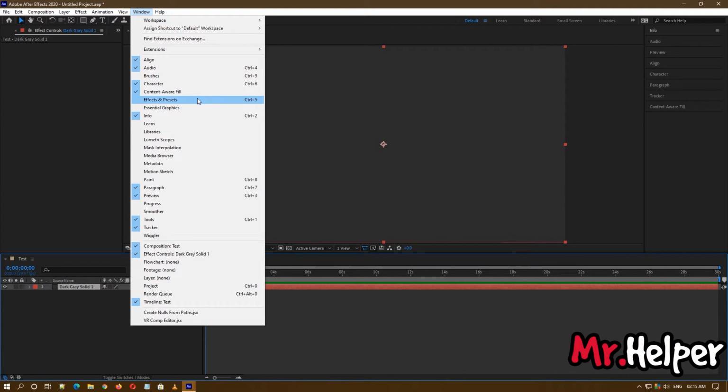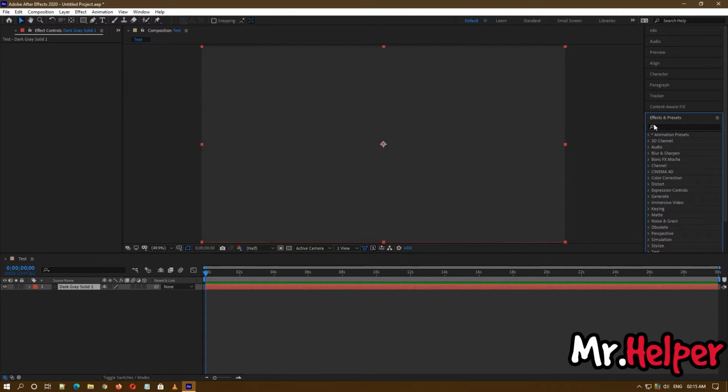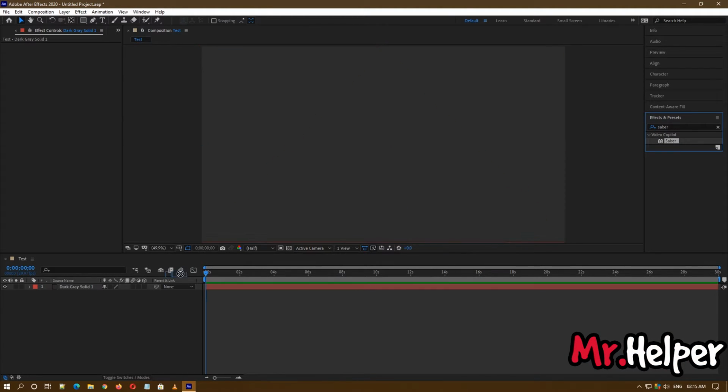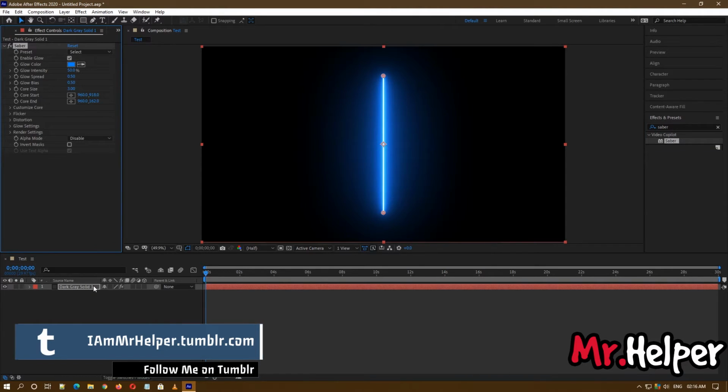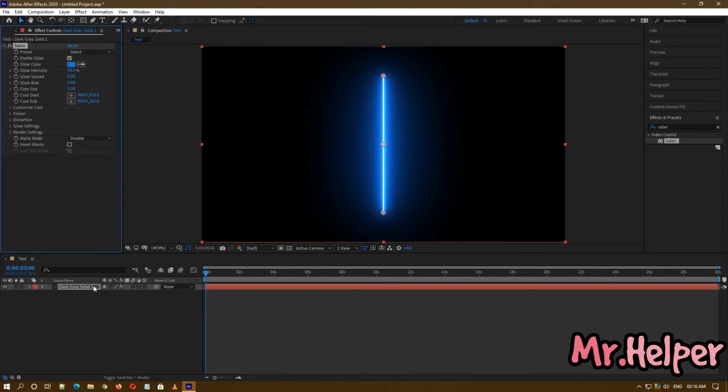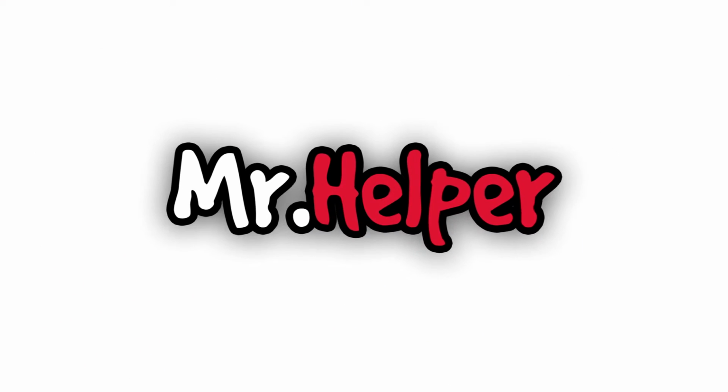So I have to check this. Click on window and click on this to get this option effects and preset. Now type Sabre and drag and drop this. So yes, my Sabre plugin installed successfully. But if in your case, your Sabre plugin does not install successfully, then follow the next method.